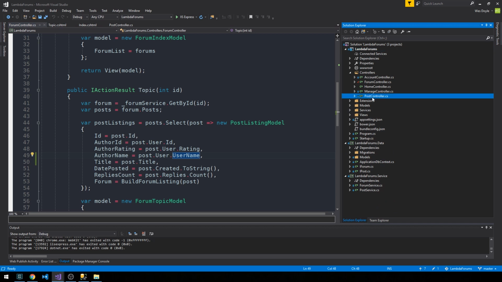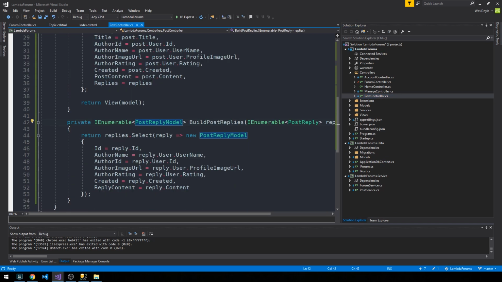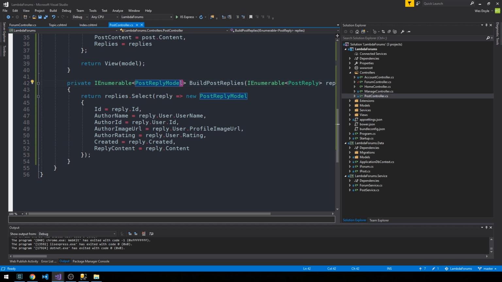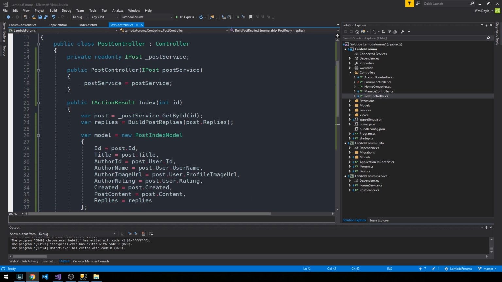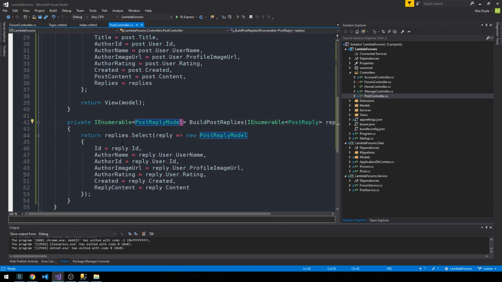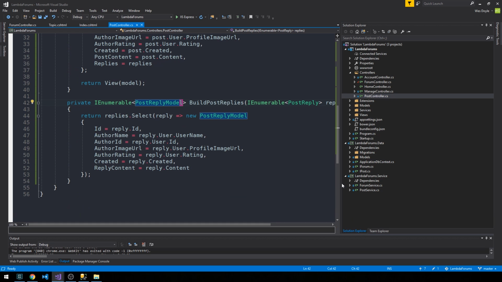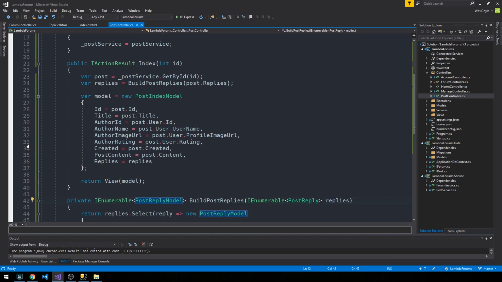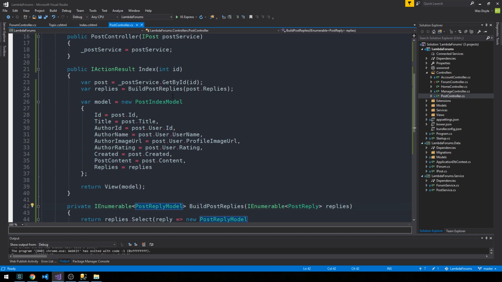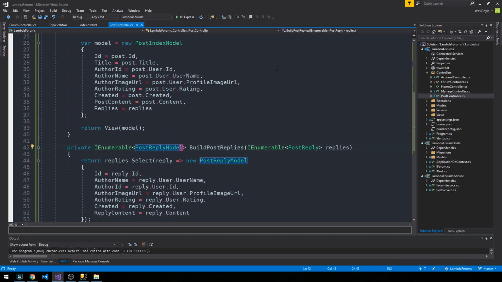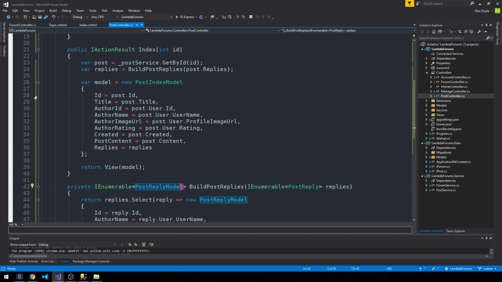So we'll head up here into post controller, and we'll scroll down. And it's really up to you how you like to structure your classes. In general, one of the things that I like to do is to store private methods grouped towards the bottom of the particular class that I'm working in. Just kind of keeps them out of the way and keeps all of the methods that the class is actually exposing towards the top of the file. Some people do it the other way around, but in any case, I think at the very least it's nice to keep your private methods grouped separately from your public methods if they're all going to be in the same